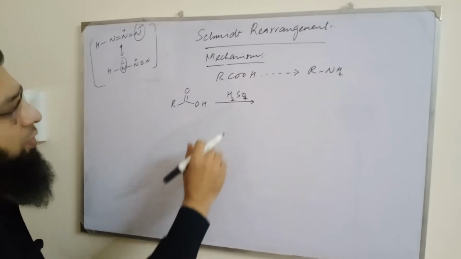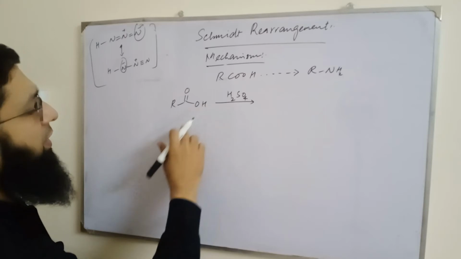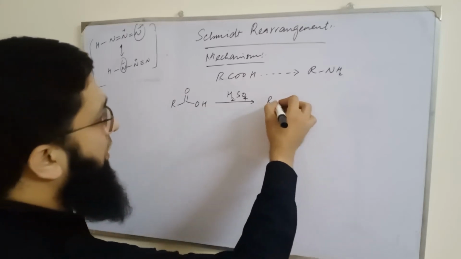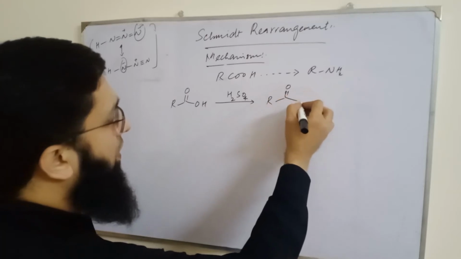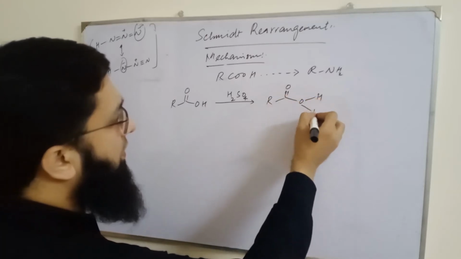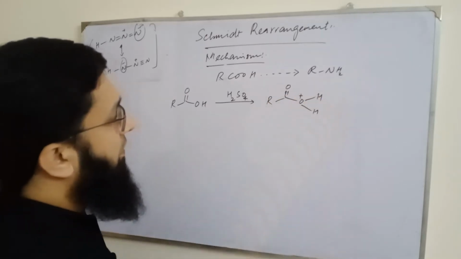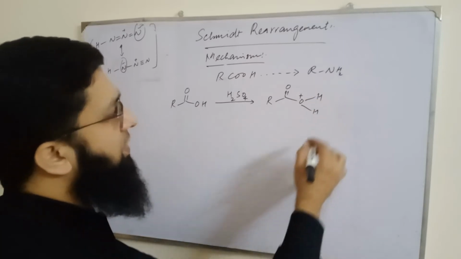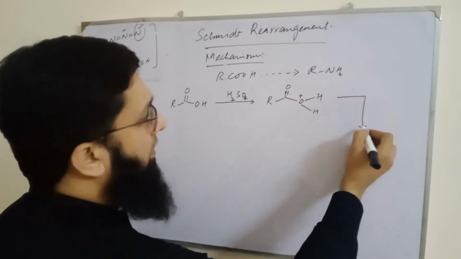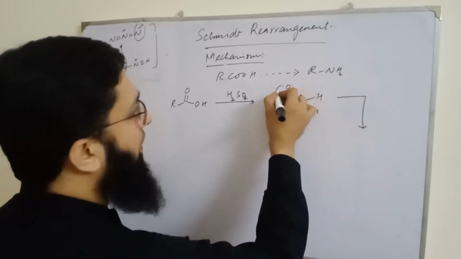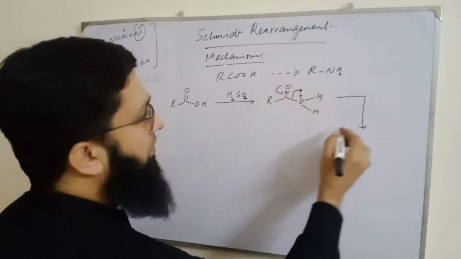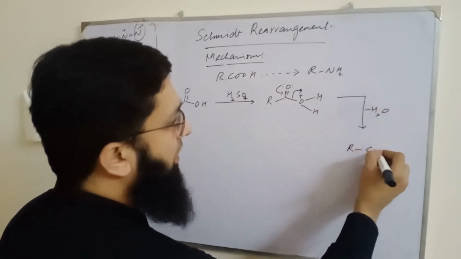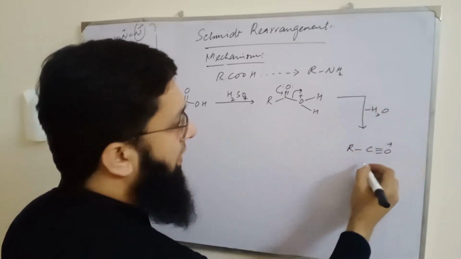Therefore, this is a stronger acid and would protonate a carboxylic acid. So it will get protonated, and as a result we get this positive charge on oxygen, and in the next step this water molecule is eliminated and we get acylium ion,